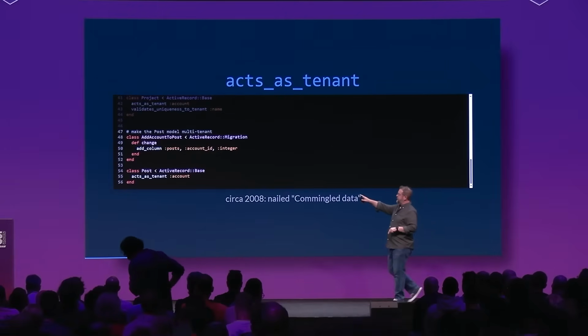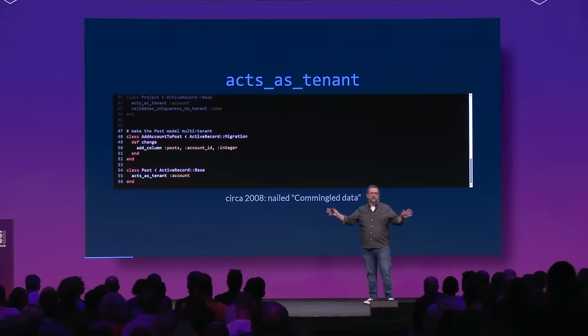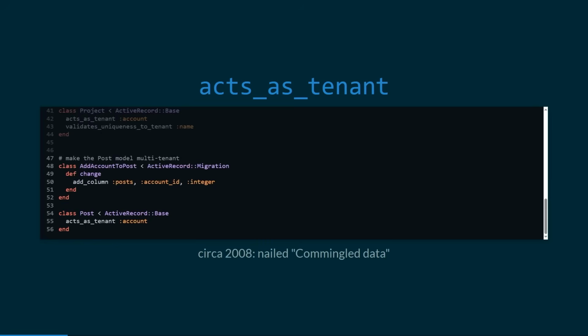The downside of this is you have to add the account ID to all of your models, which in my mind makes it really kind of an application level concern. You've got to make sure you've set up all of your models the right way. If you forget, things are going to go bad. And worse is sometimes your developers need to know that all the data is commingled together, which means that there could be a bug introduced where accidentally you might get data from one tenant being shown to another tenant. And this is bad, and I think the framework could be doing a little bit more,